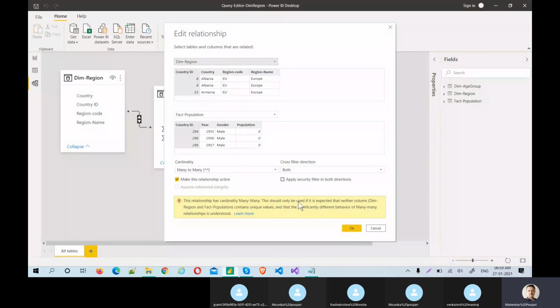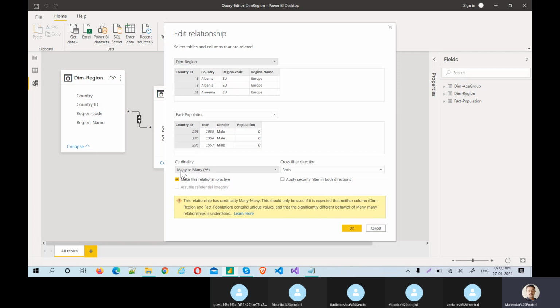What is this both cross filtering direction, and what is this cardinality, many to many? When there are duplicates in both the source table and this table, it will come as many to many. Previously it was not there, but it is available now; it came in the recent 2019 October or November release. How this is fixed, and how you can do it without this, we will understand tomorrow, because two things we need to fix tomorrow.